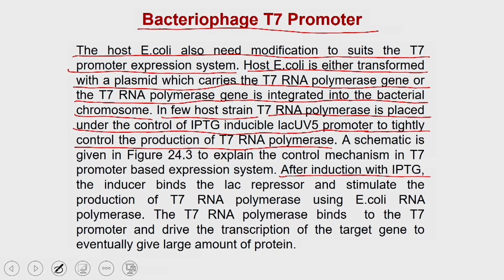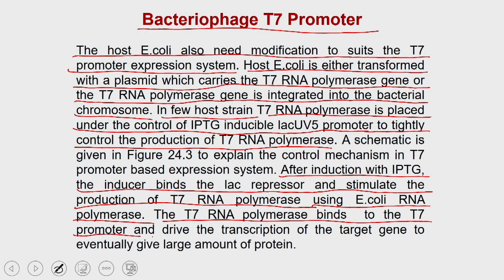After the induction with IPTG, the inducer binds the lac repressor and stimulates the production of T7 RNA polymerase using E. coli RNA polymerase. The T7 RNA polymerase binds to the T7 promoter and drives the transcription of the target gene to eventually give a large amount of protein, which means